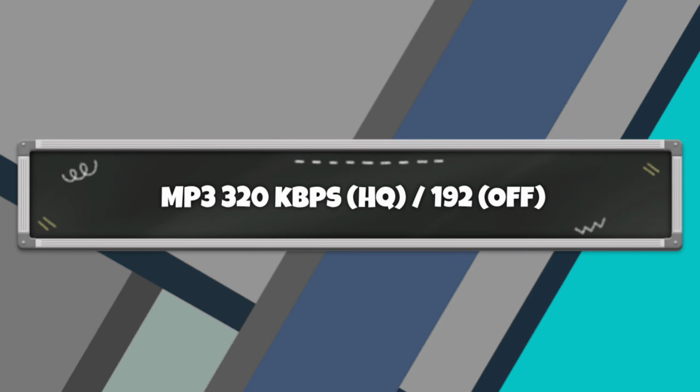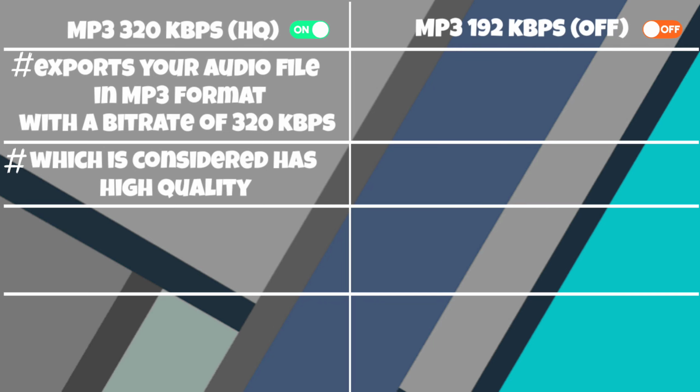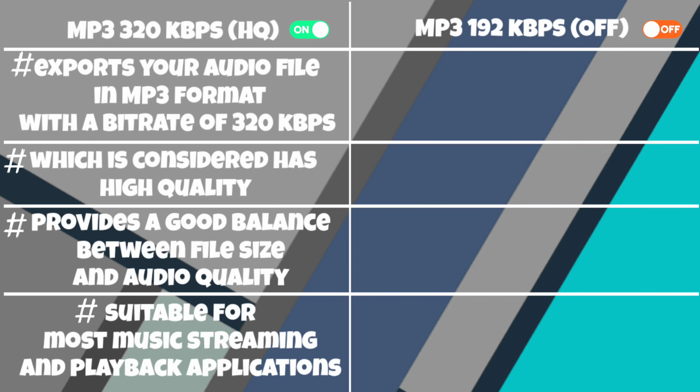Third we have MP3 format. This setting will export your audio file in MP3 format with a bitrate of 320 kbps, which is considered high quality. This bitrate provides a good balance between file size and audio quality, making it suitable for most music